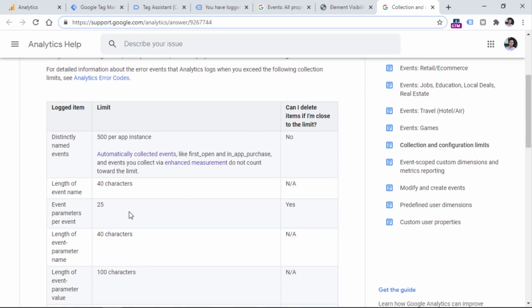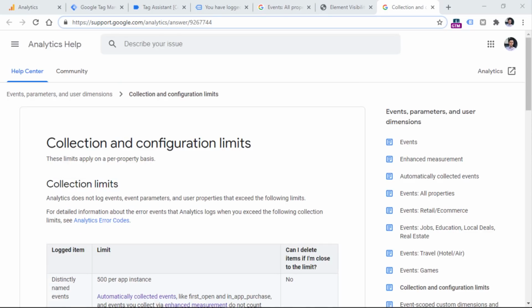For example, there is a length of the name limitation, which is max 40 characters. But what I meant is that you can name them whatever you want. It might be, I don't know, let's say form submission or contact form submission or something else, whatever is relevant for your business. By the way, I will post a link to this page below the video as well.